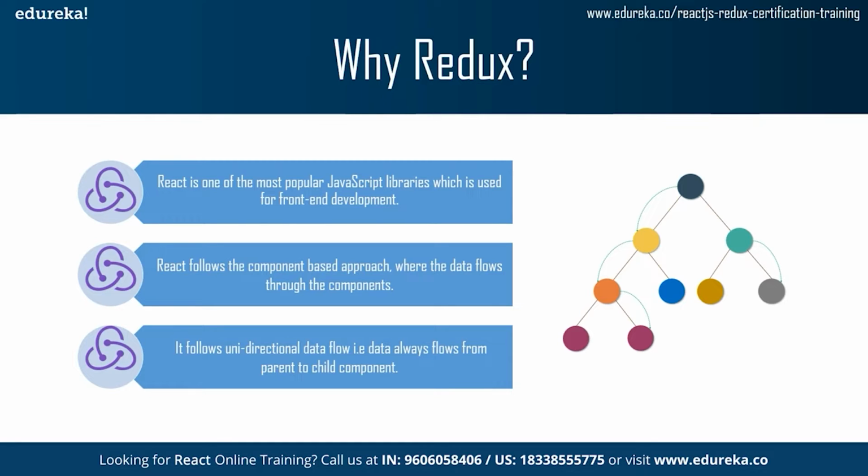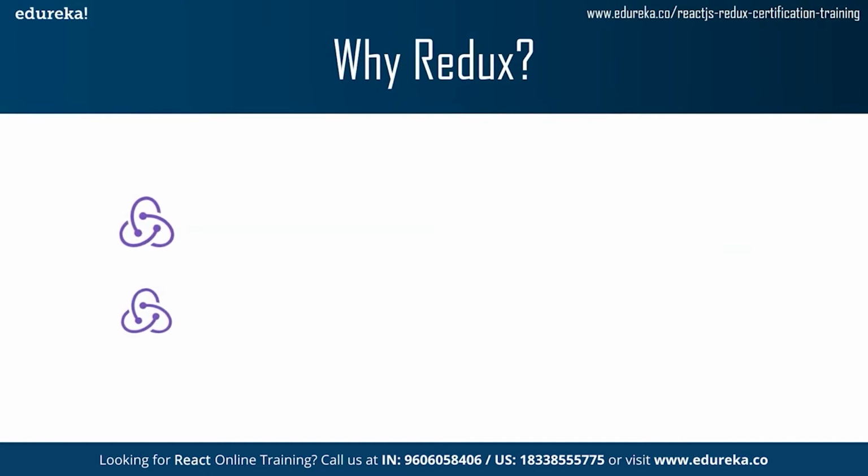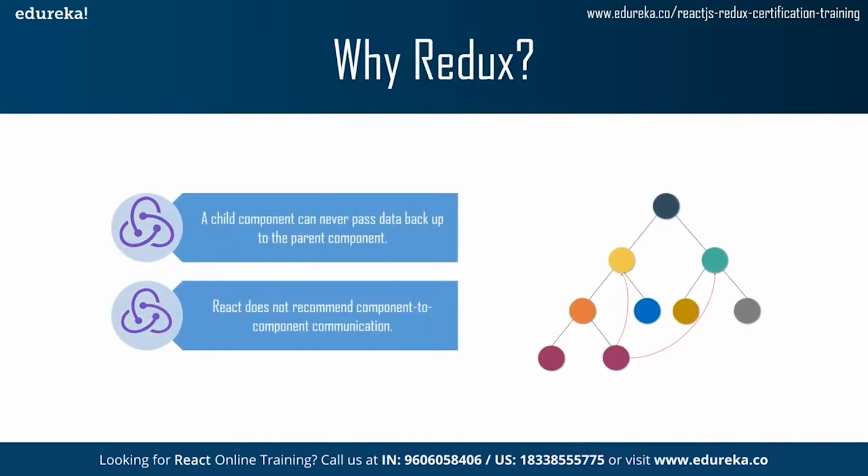As you can see on the screen, the colored circles are representing the components, where the upper component is the parent, while the lower ones are the child or subcomponents. The view cannot interrupt in the data flow, so data flows in unidirectional fashion. Here data flows from parent to child. React does not provide any way for direct component-to-component communication. Although React has features to support this approach, it is considered to be a poor practice as it is prone to errors. As you can see on the screen, a child component can never pass data back up to the parent component,